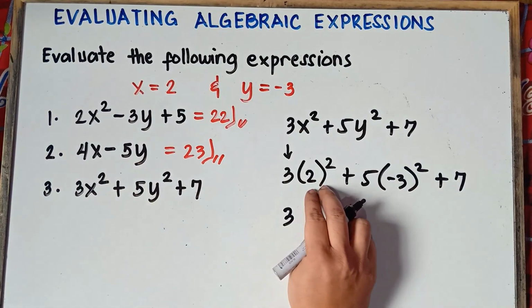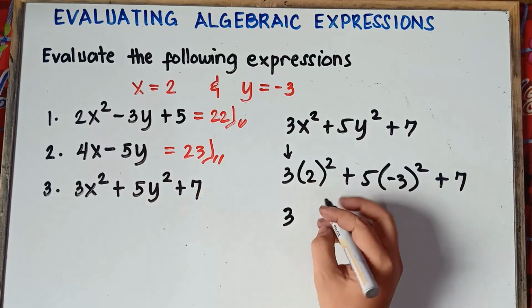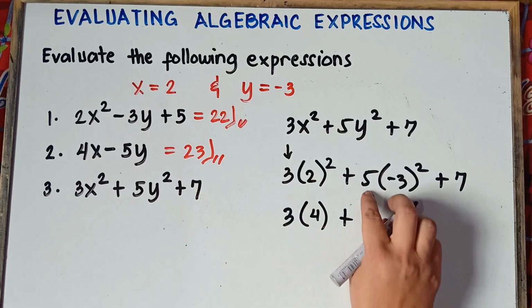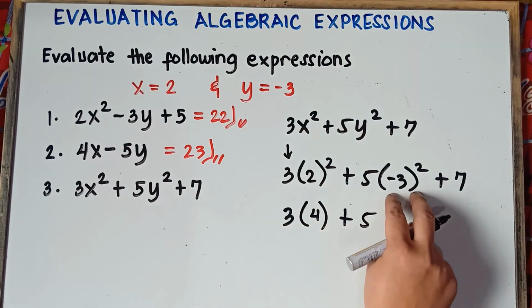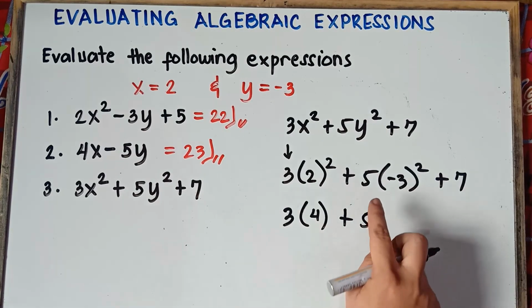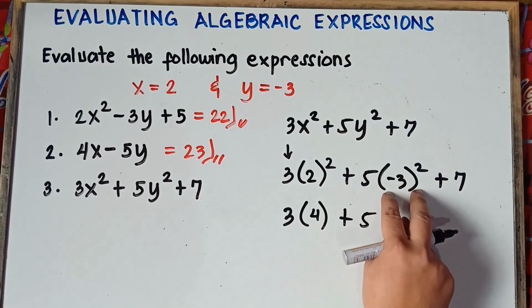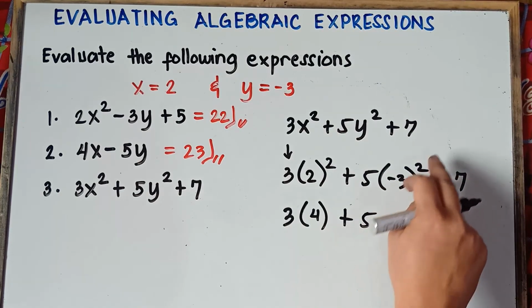Alright, so this will be, once again, copy 3. 2 squared. Once again, what's the answer, class? 2 squared. That's correct. That would be 4. This is 2 times 2. That would be 4. So this will be 3 times 4. Plus copy 5. Simplify this one first. Once again, class, do not multiply 5 and negative 3. You simplify parentheses and exponent. Simplify this one first.